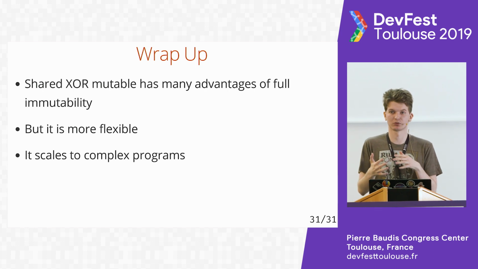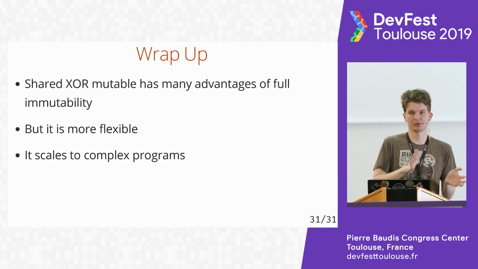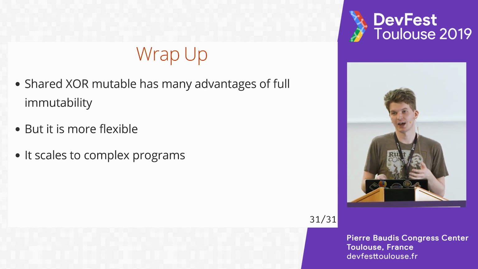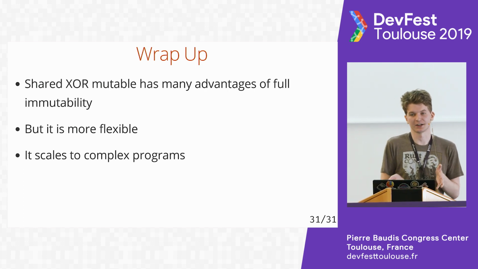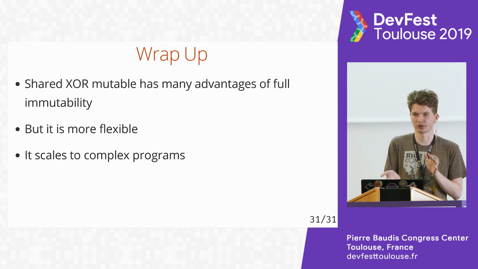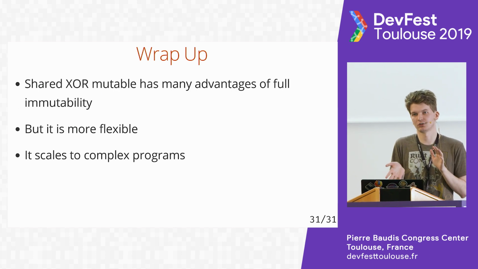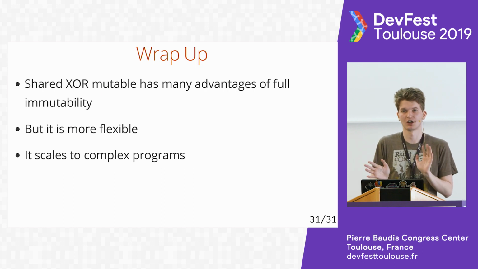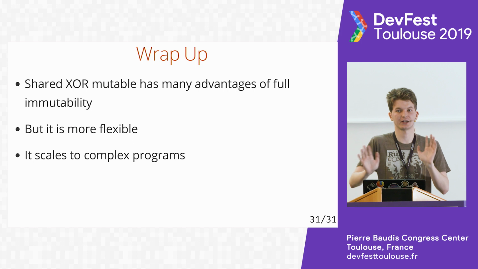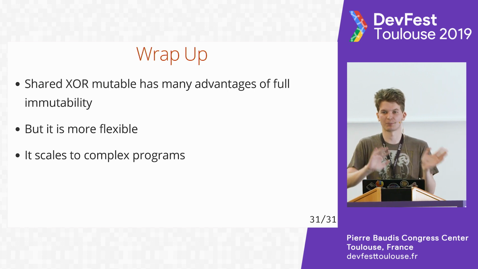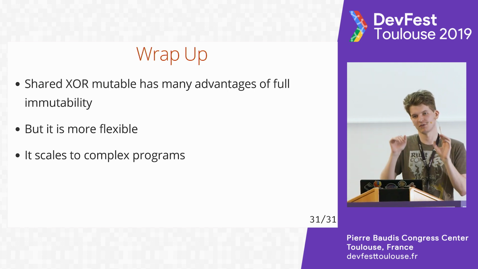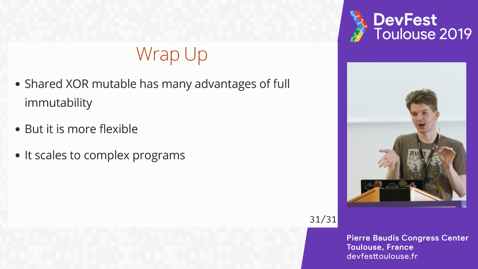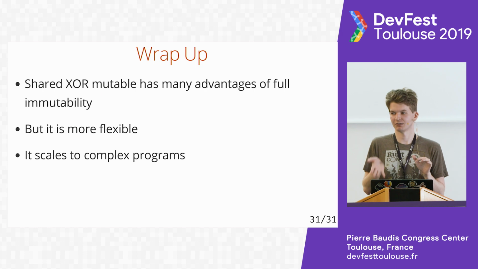Like, the shared XOR mutable rule definitely seems like something you need to contort your code to adhere to. And it's sort of true. Similarly to functional languages, if you want to rewrite your program from a typical object-oriented language into Rust, you usually will have to slightly re-architect the program to make sure that all the values form a tree of ownership and you don't violate the shared XOR mutable rule. At the same time,